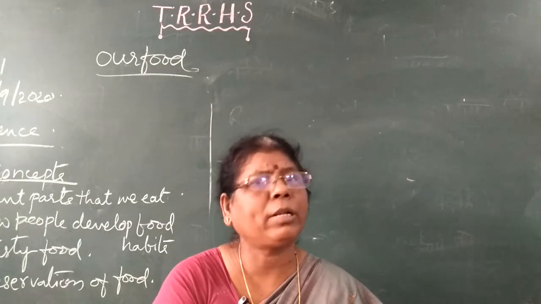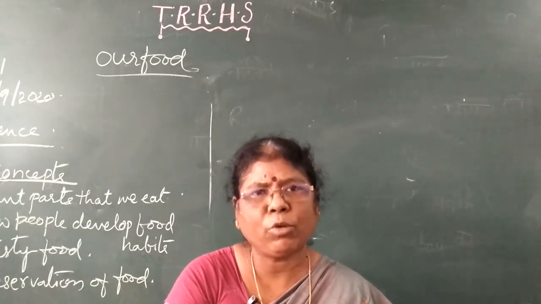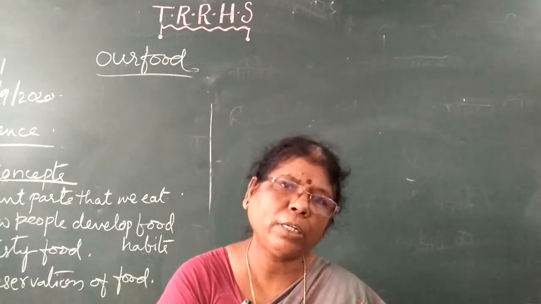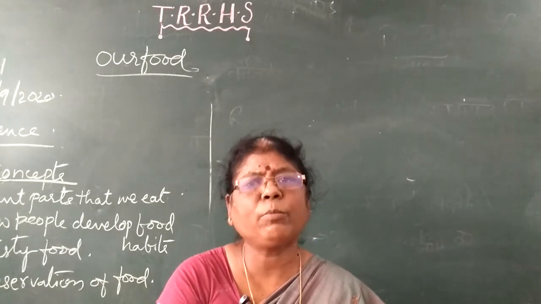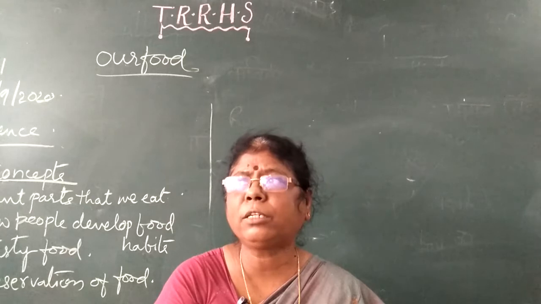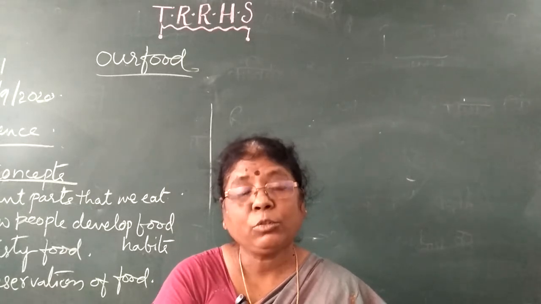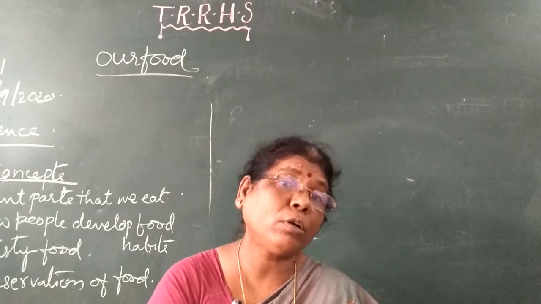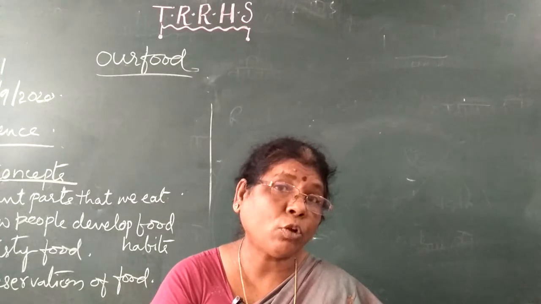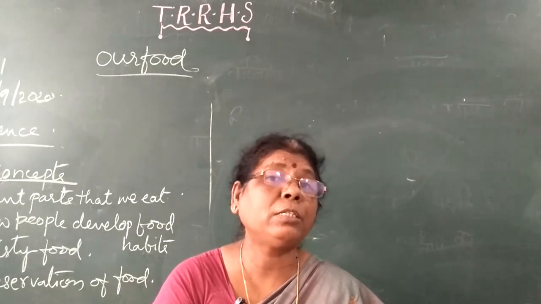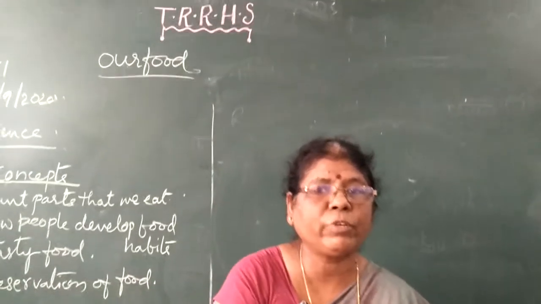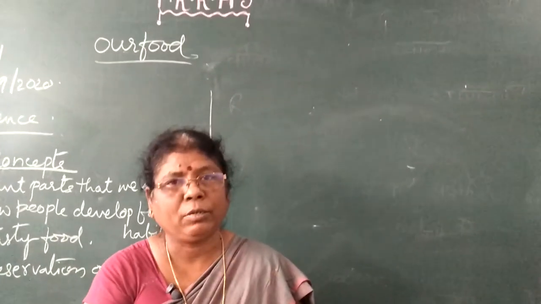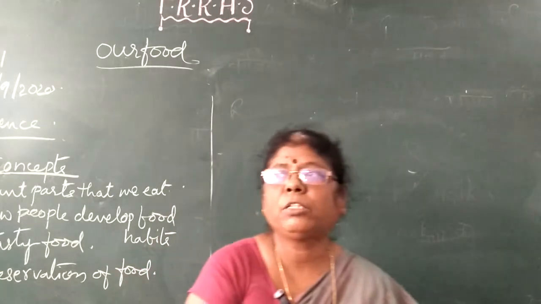These are sour in taste. Mango is sour, lemon is sour. For vegetables, we add vinegar or lemon juice to get a sour taste. For this, we have to add more salt. The salt prevents the pickles from spoiling. So salt and oil are the best preservatives for keeping pickles for a longer time.